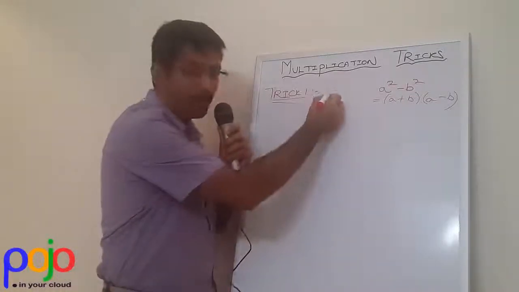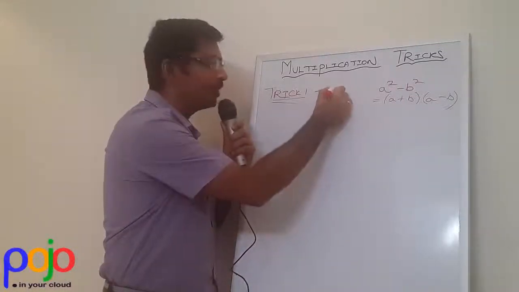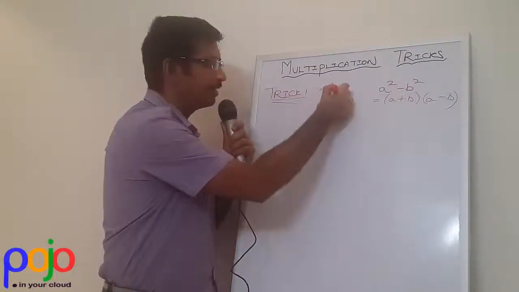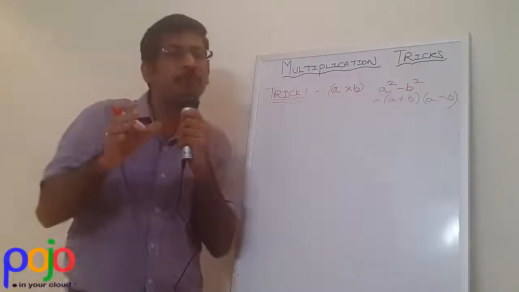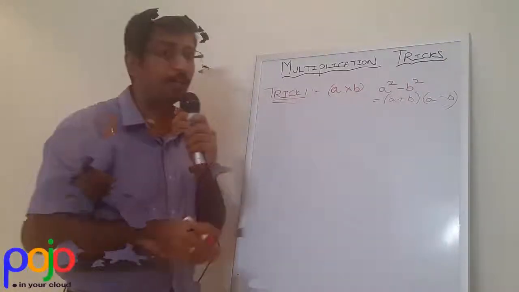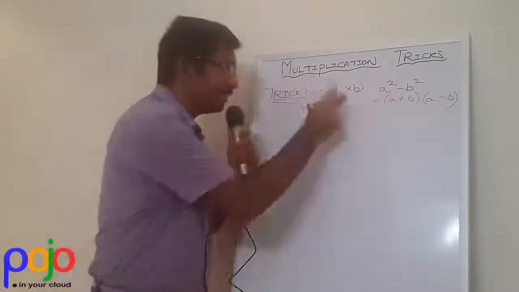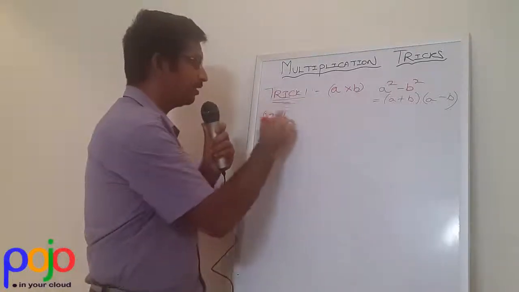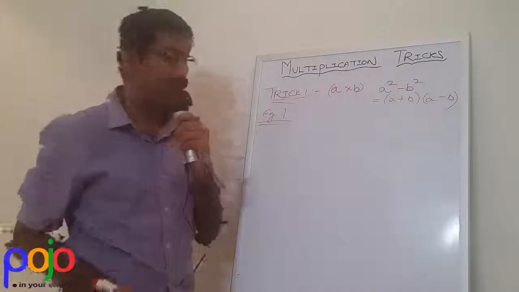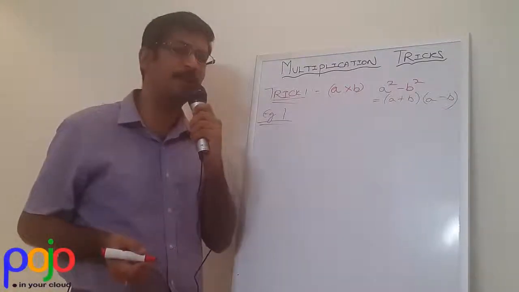The key to trick 1 is both the numbers which you're going to multiply, that is, let's say a multiplied by b. These two have to be near to each other. The nearer the numbers, the better the trick works. So let's start with an example. That is example 1. Let's say we have to multiply